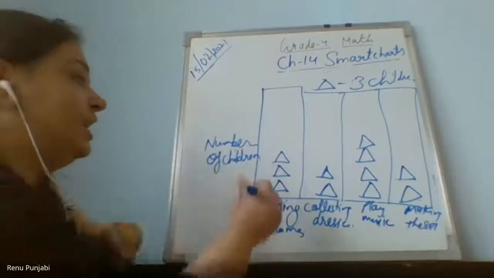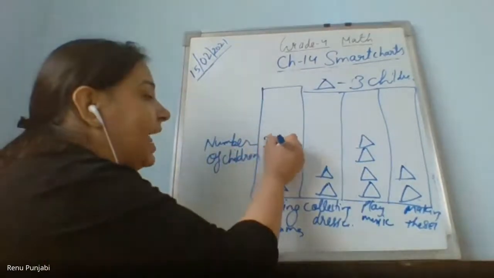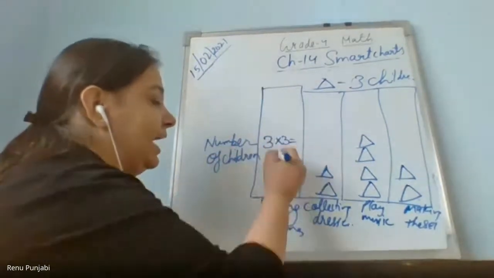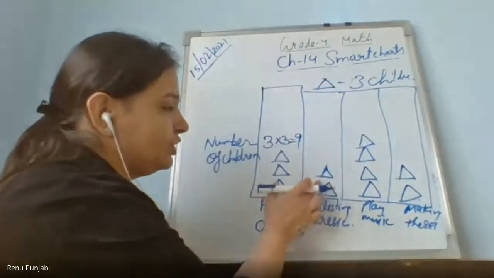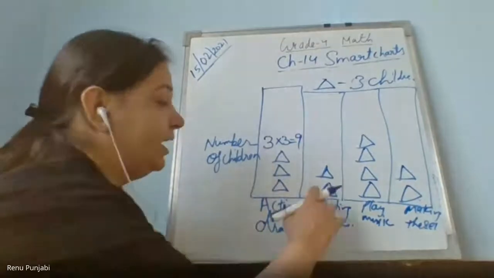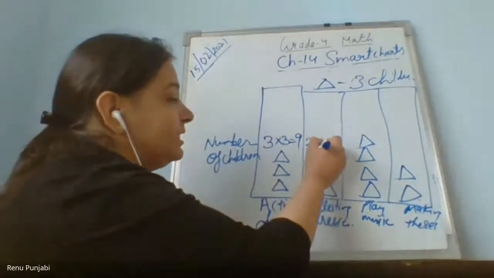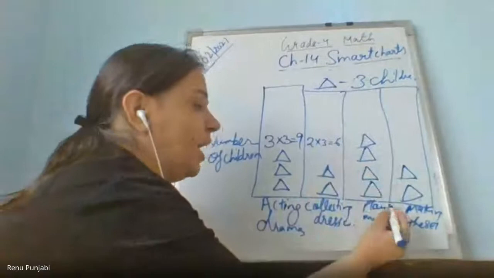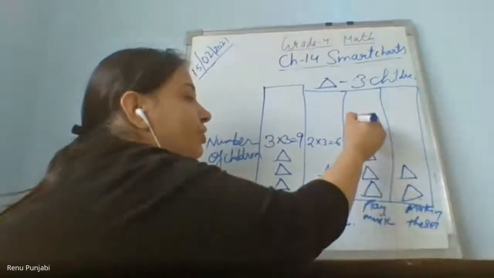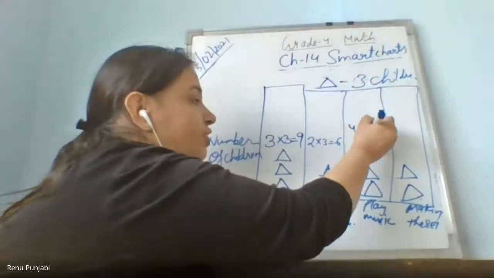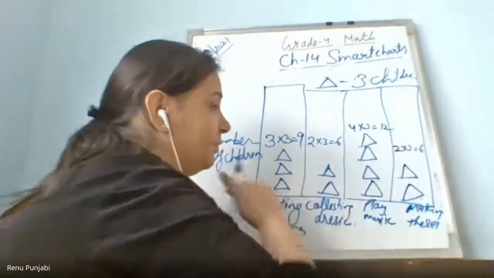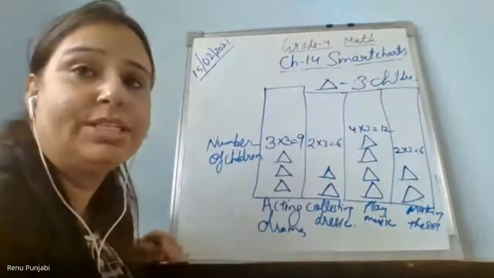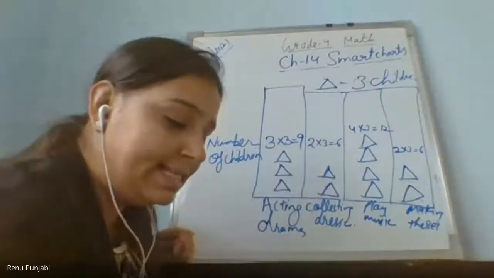As you know, we were calculating the numbers by multiplying pictures, and each picture is 3, that is 9. So first of all, we will solve it in this way. 2 pictures, each is 3, 6. So it will be easy to answer. 1, 2, 3, 4. So 4 into 3, 12. Now 1, 2, 2 into 3 is 6. After multiplying this, when the questions are asked, you can easily give the answers.